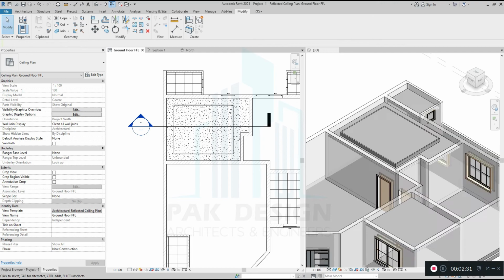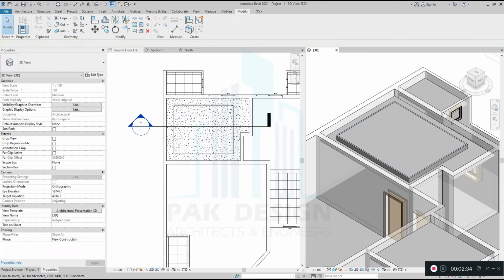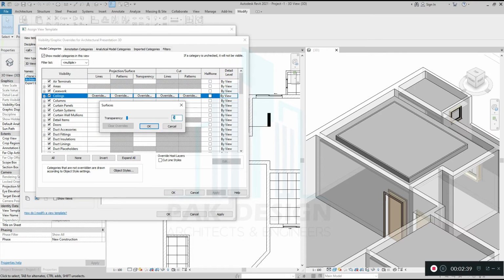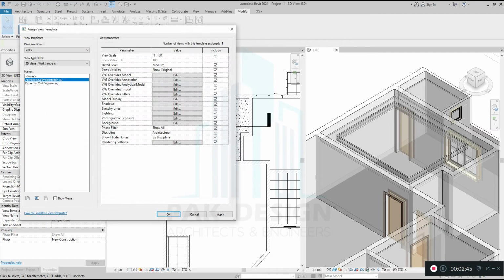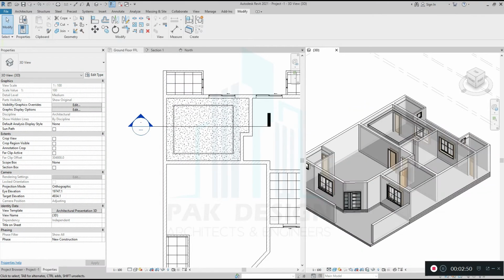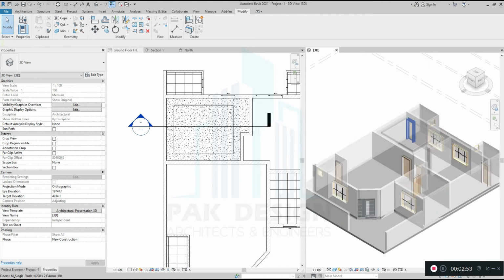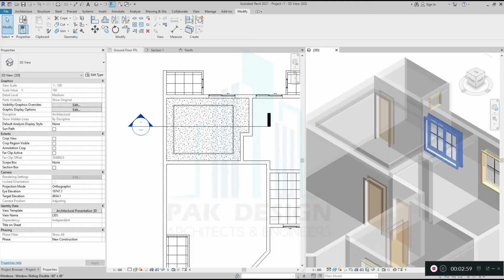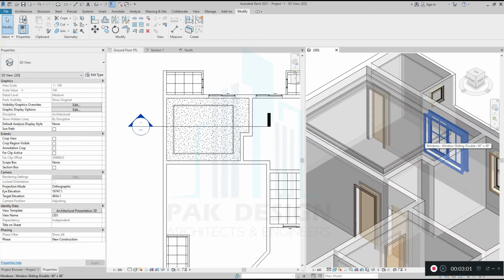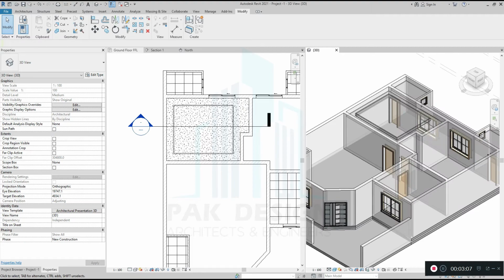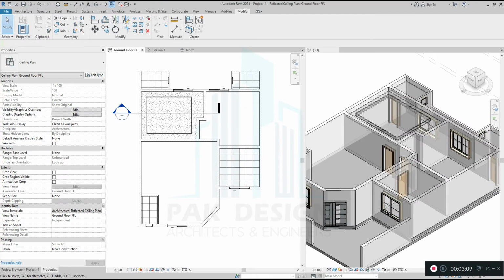Okay, what happened? Something went wrong. Okay, ceiling, it's not done. Okay, apply, that is done. Okay, we will change in template. So now you can see in your 3D model it's visible, so you can see even the window below. If you want to increase the transparency, you can increase, like 65% or something, or if you want to decrease, it's up to you. So same thing you can do for ceiling in here.